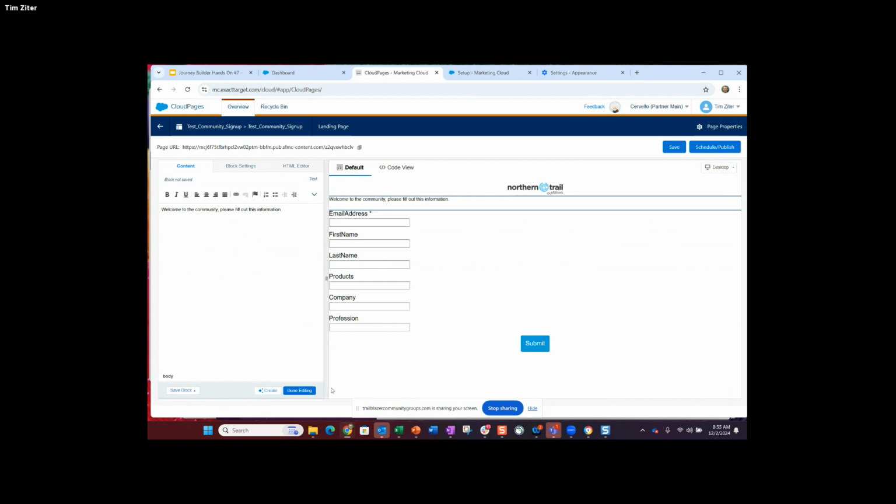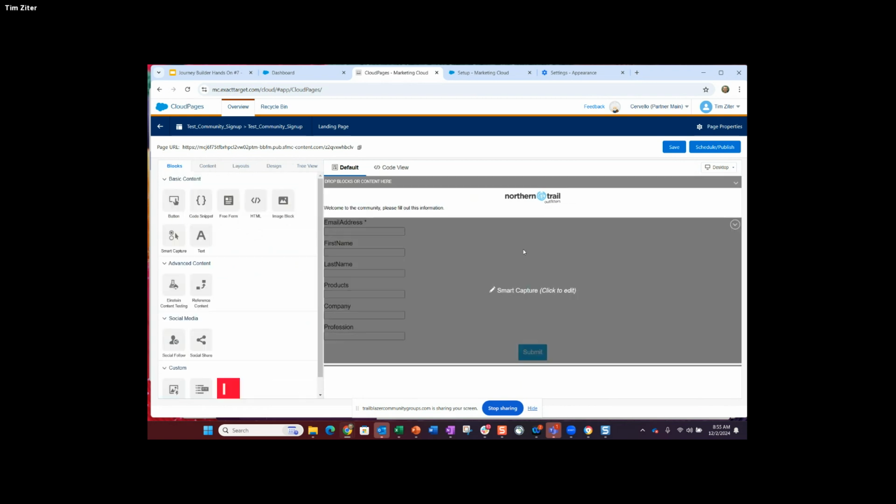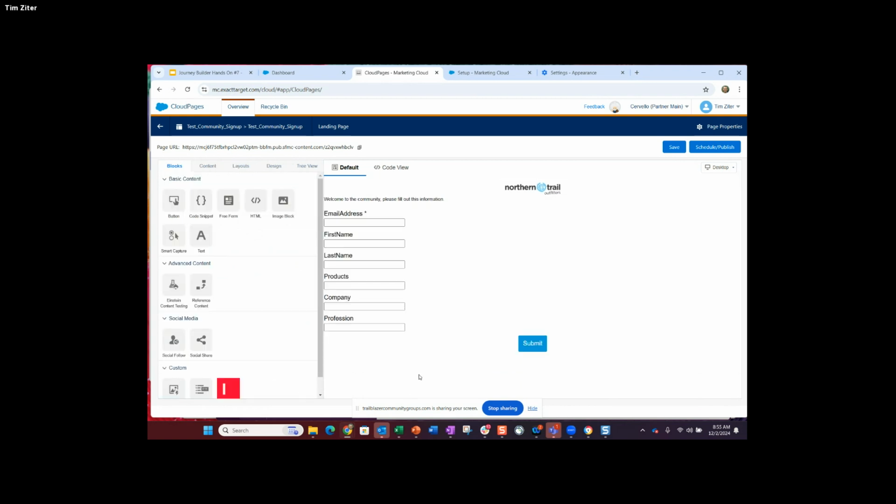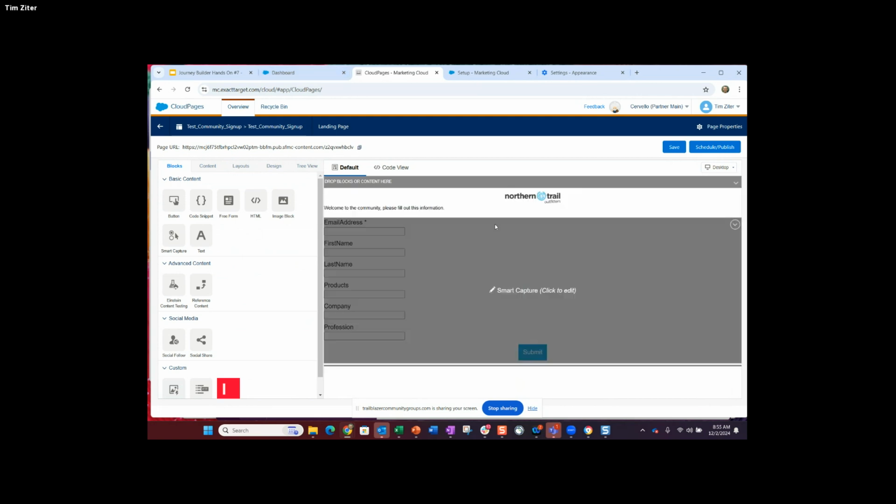And this is really basic. We can make this look a little bit better, and then we can publish this page and have this be part of the community experience. So when they land on the community, we could say, as you sign up, please go to this page, fill out this information, and then we'll have that data in Marketing Cloud.